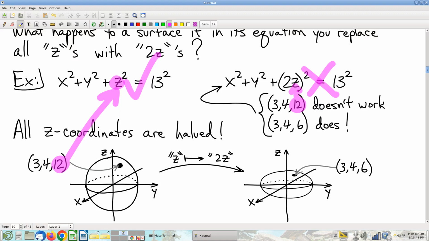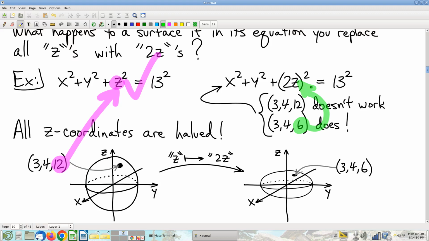It gets multiplied by 2 first because I replaced all my z's with 2z's. And so it gets multiplied by 2 before being squared. And obviously that screws it all up. Okay, so here's the clever idea, though. The clever idea is to say, well, yeah, 12 doesn't work because of the whole multiplying by 2 thing. But what if I were to put a 6 into there